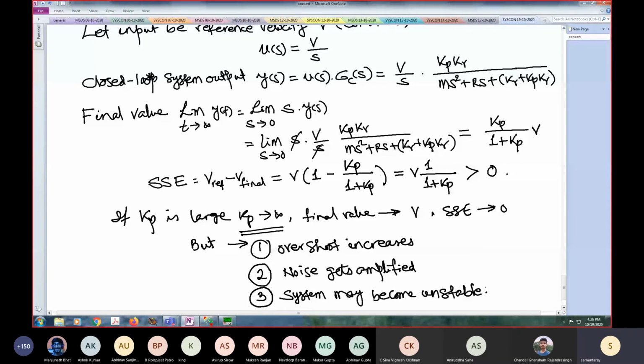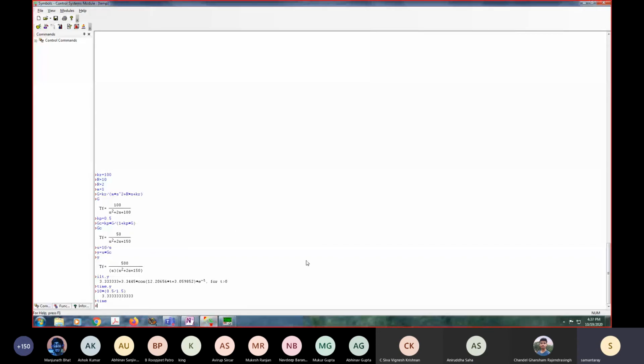The condition of how the system becomes unstable or stable, Professor Bhattacharya will teach you. So you cannot say that I will increase the gain so that in Kp by 1 plus Kp, 1 will be negligible with respect to Kp, and this thing will be okay. If you do that, your overshoot will increase like anything. I think simulations are a pretty good way to show that. I will show it with increased damping so that it's better. Results are better with increased damping.